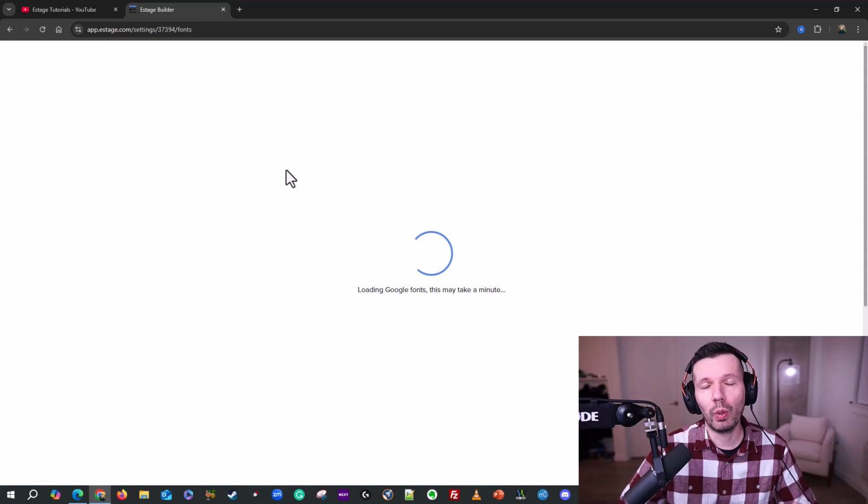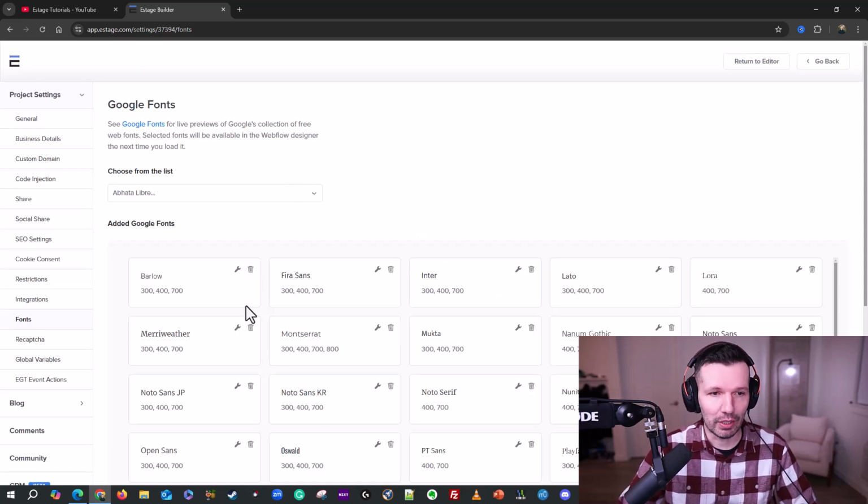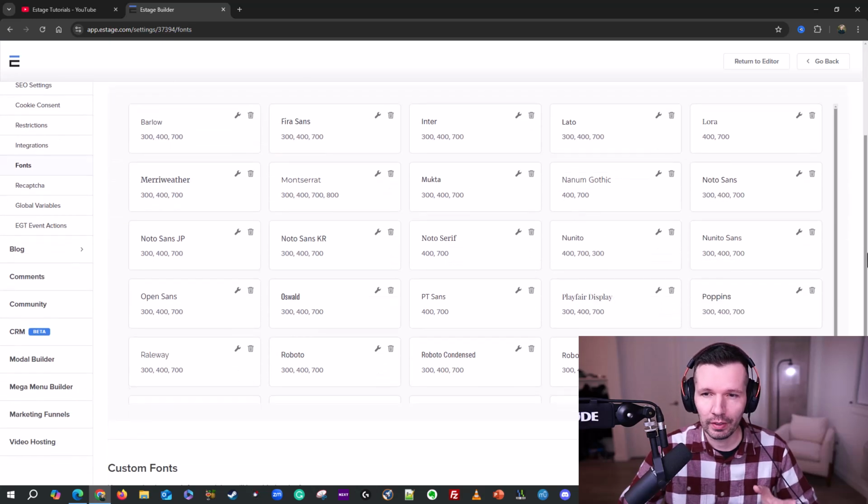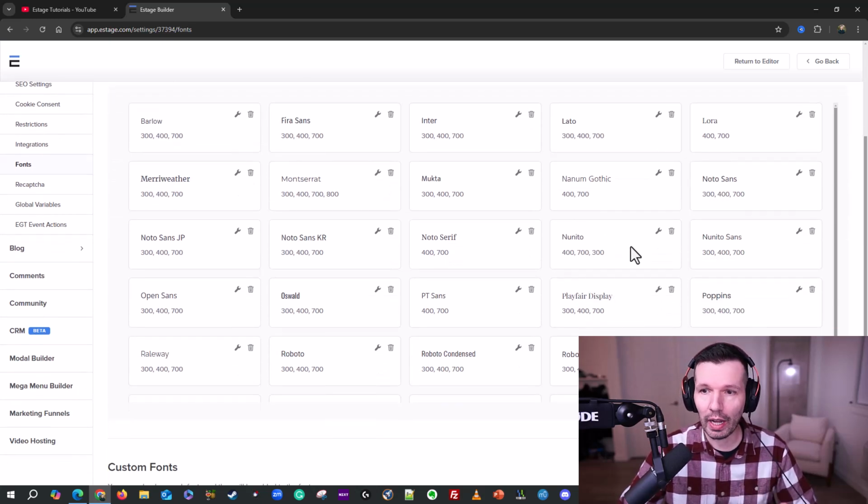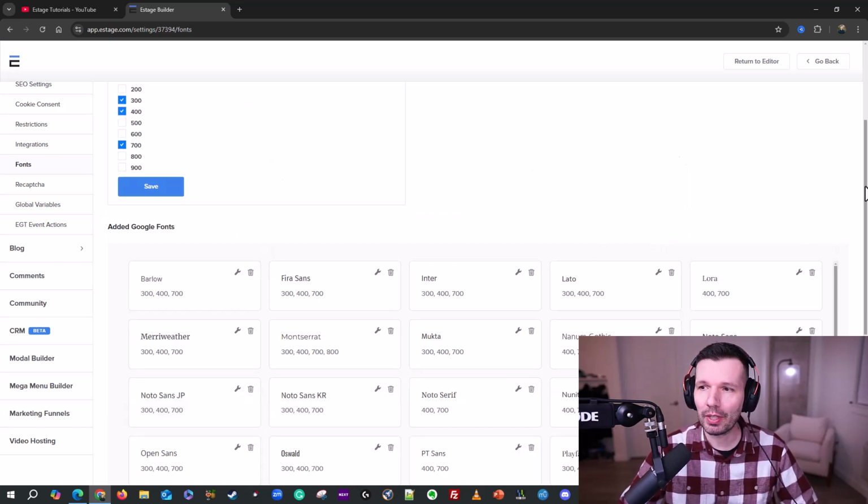Then in this list, you're going to want to find your particular font. In my case, that's Nunito, and adjust some settings. So we'll do that right here. It's loaded up, and these are all Google fonts, by the way. So I'm going to come down here to Nunito, which is the one I use. And there's this little gear icon right here. If you click that, it pops up these